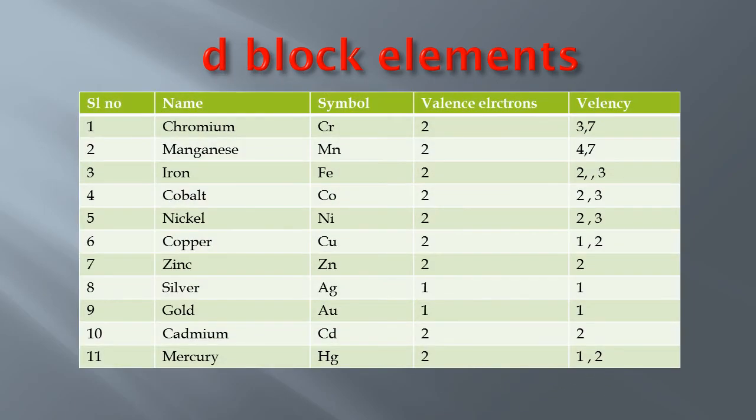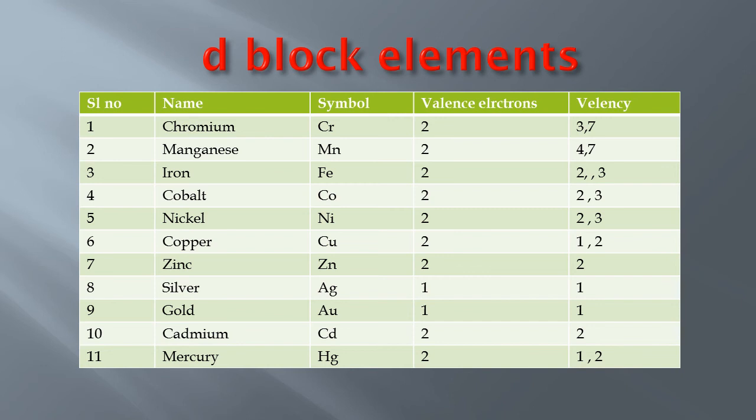So let us get into D block elements a little more in detail. Here you have the list of those elements with multiple valencies. The valencies I have given are the common valencies that they display, and still they have some more. As I told you, any element can have any valency depending on the energy supply. So chromium, what you have to see here is almost all these elements starting with chromium till mercury have 2 valence electrons. Of course, some of them like silver and gold have 1 valence electron and 3d is complete.